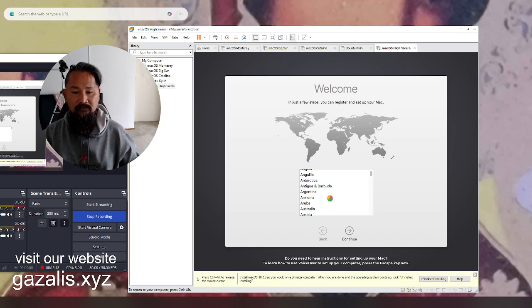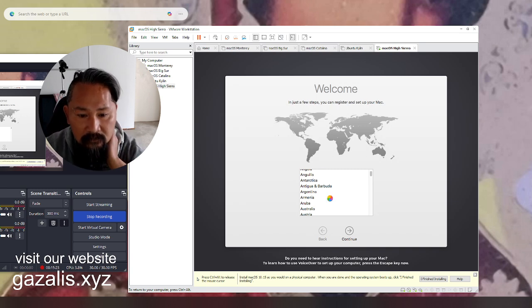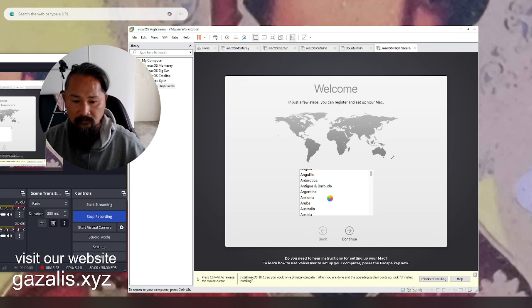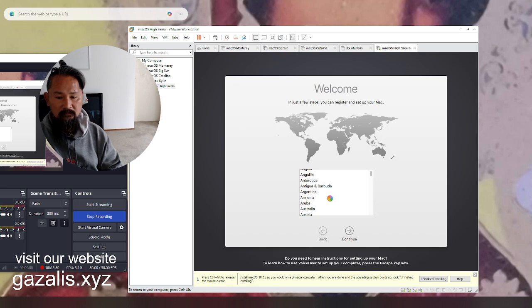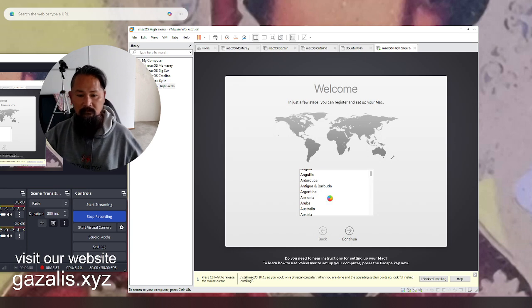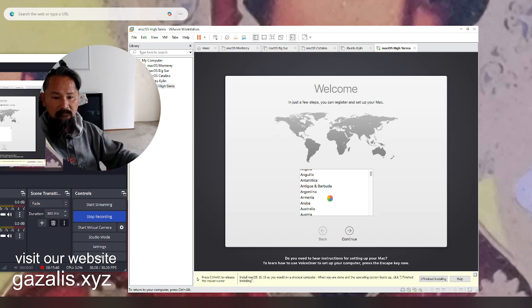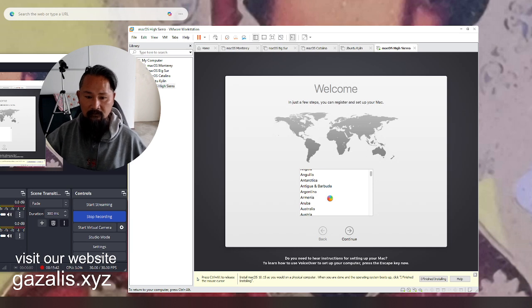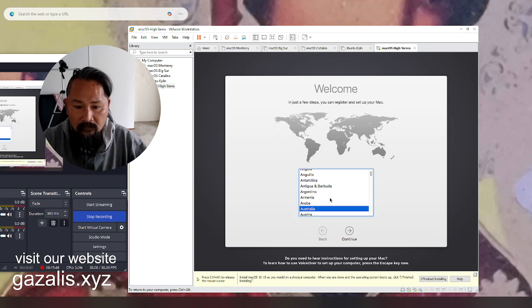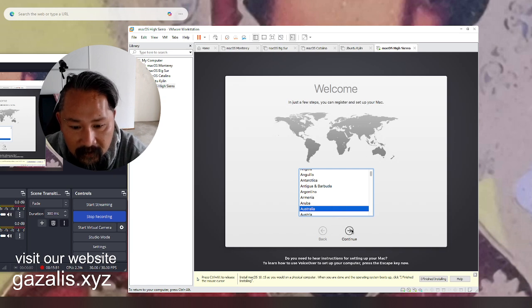Look, it froze. macOS contains a built-in screen reader called